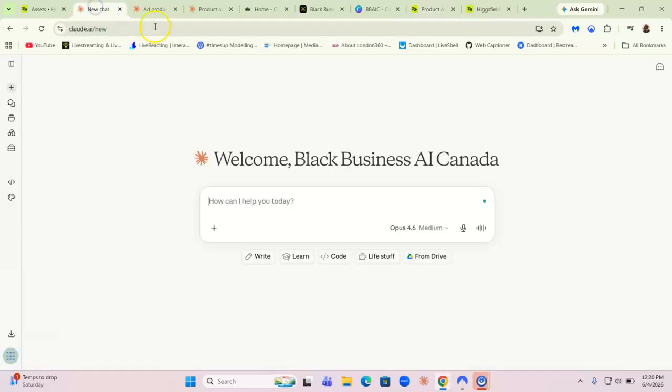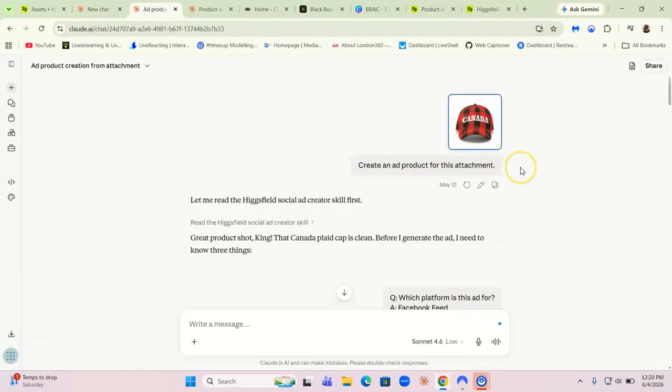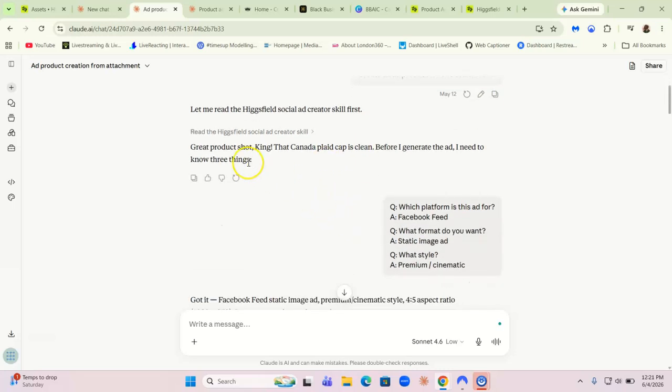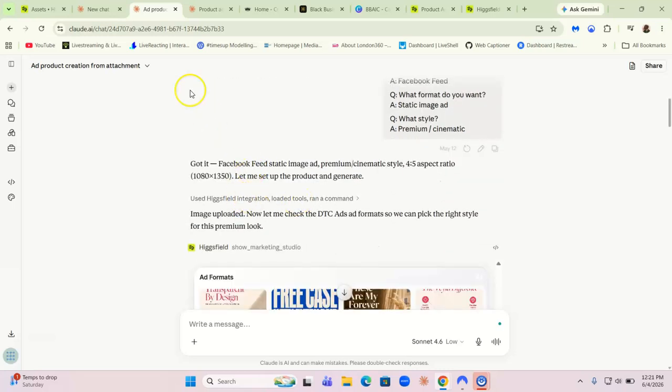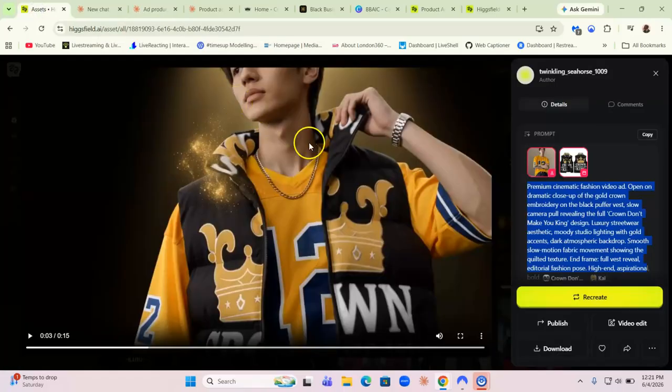With Claude, you can upload the product and then give Claude some details about it. It doesn't have to be very meticulous. It can just be you giving it some clues. Hey, can you make this product do this? So basically you're talking to Claude, and then Claude comes up with the prompt, and then it sends that prompt to this platform here, and this platform does its thing. But it's really up to you. That's how we use it.